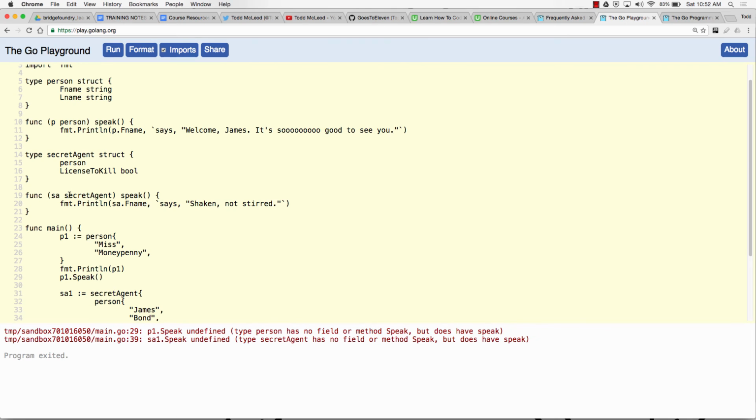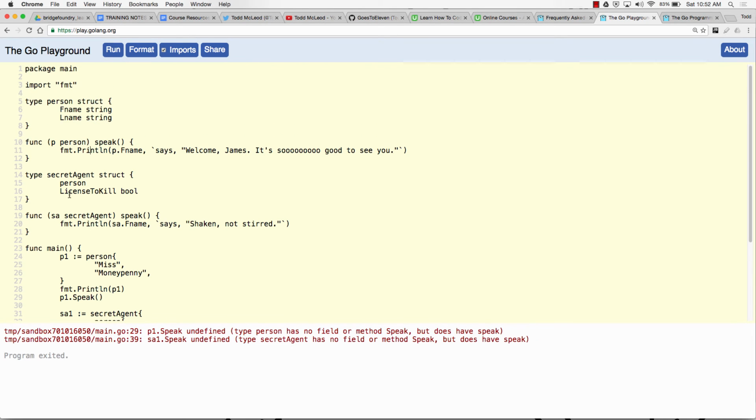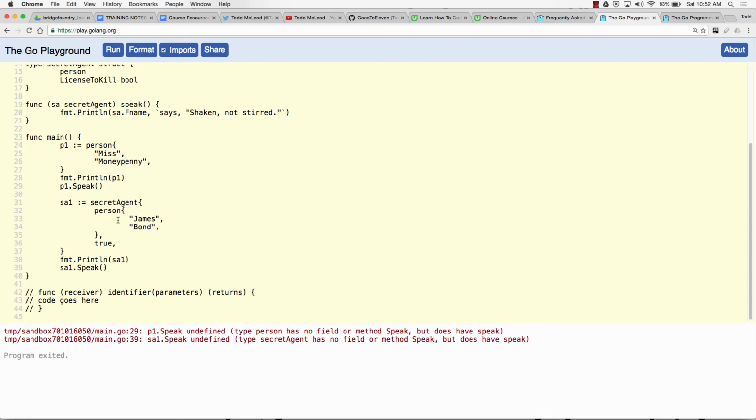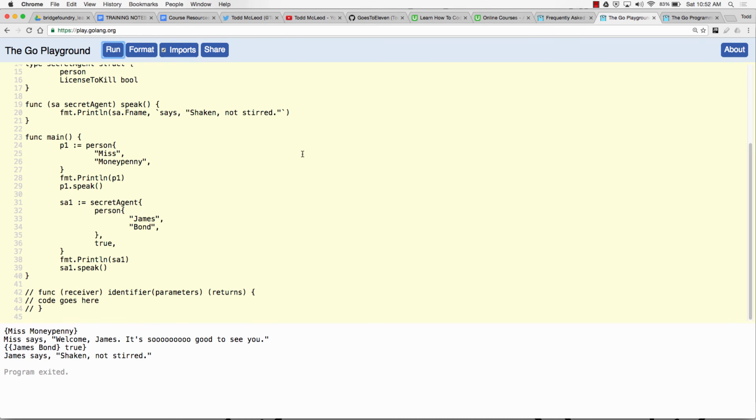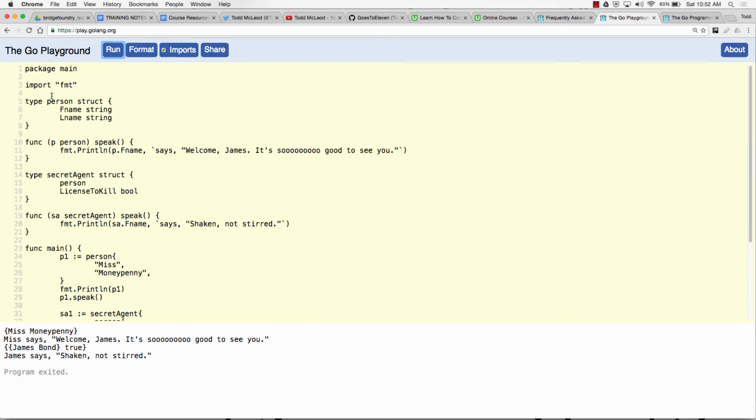And secret, huh? Is it because it's capitalized, the speak? Ah, yeah. There we go. So case sensitivity, that's important. Because when you create packages to modularize your code, whether something's visible or not visible, or exported or not exported, you can use those terms interchangeably. Outside of the package, if something's capitalized, then it's exported, visible outside the package. If it's lowercase, it's only inside the package that you have access to it.